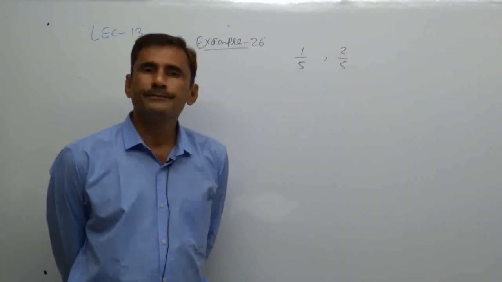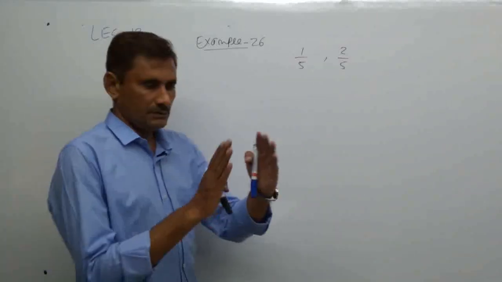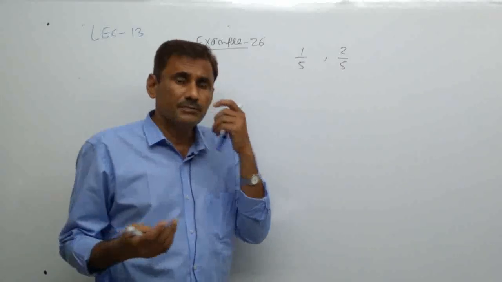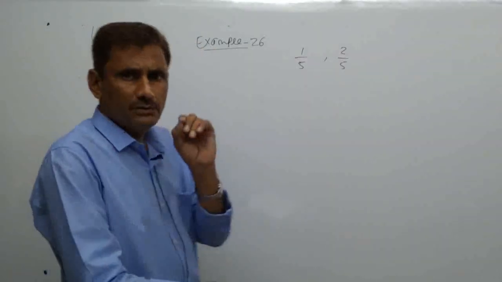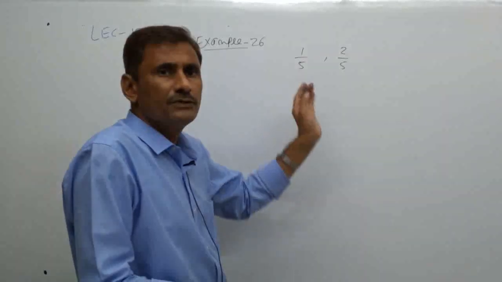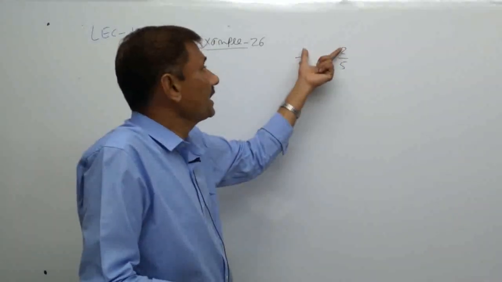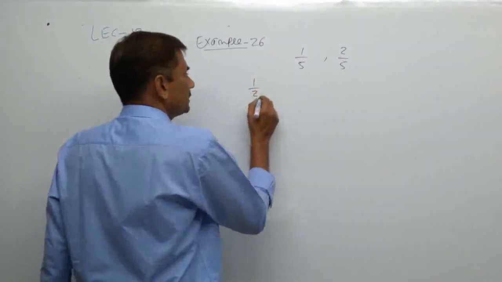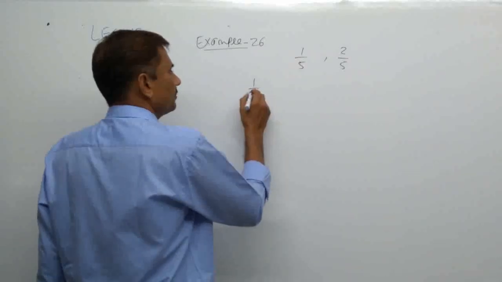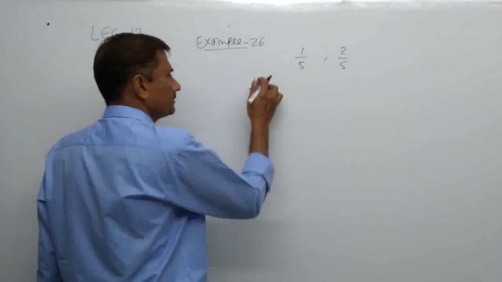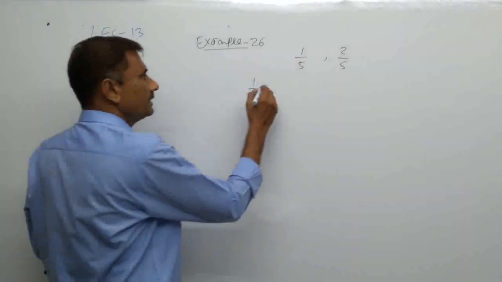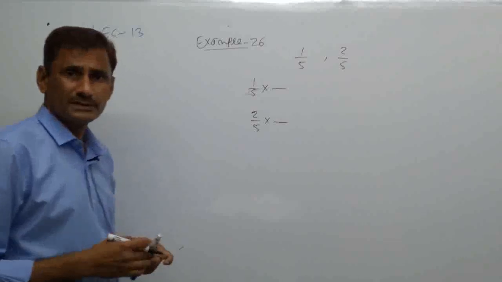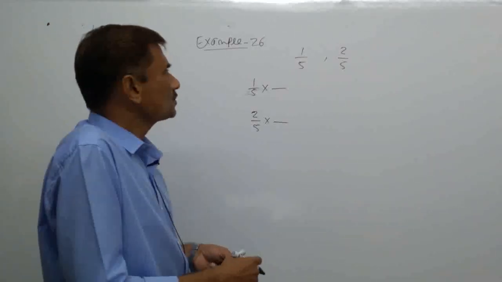So if you want, you can increase some gap also, again by multiplying both numbers, because our main condition will be what? The denominator must be equal. It is already equal, but we should go ahead so that we obtain a gap in between. Okay, so now 1 by 5 is there and 2 by 5 is there. No integer in between 1 and 2. That's why we are going ahead by particular numbers. Now you can multiply both of them by any number, but we do not require so much gap.